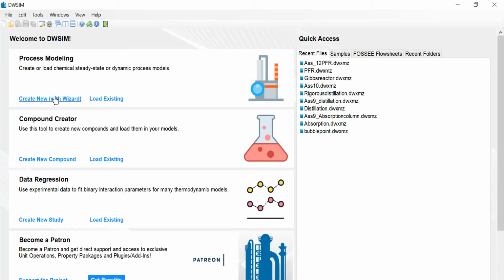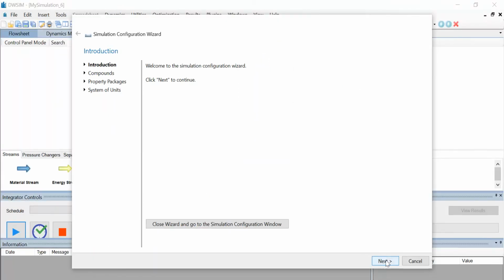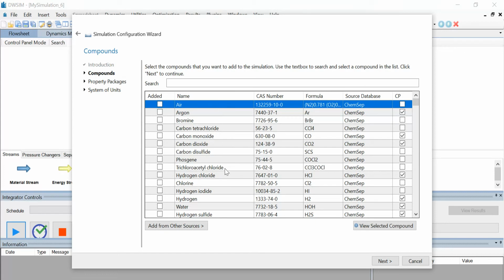Click on Create New for a new steady state simulation. Click Next to continue. Now from the given list of chemical compounds, let us search and select the compounds required for the simulation.